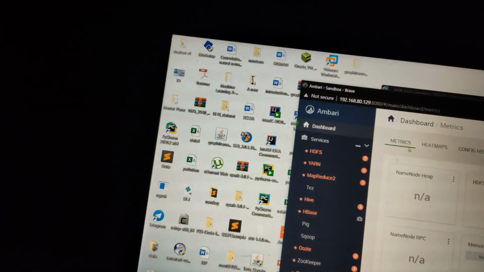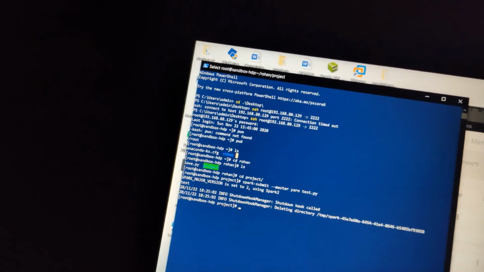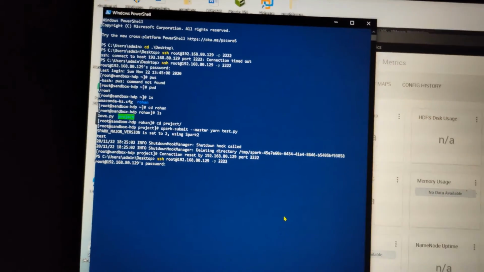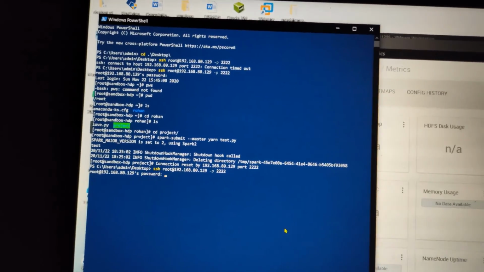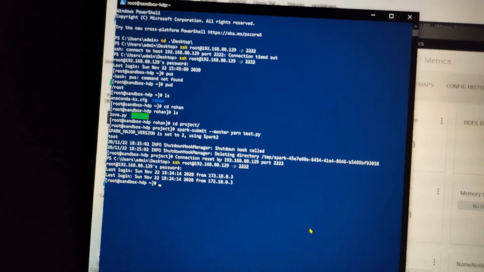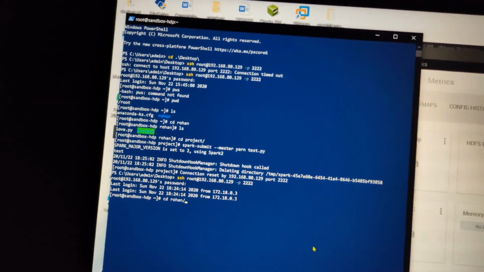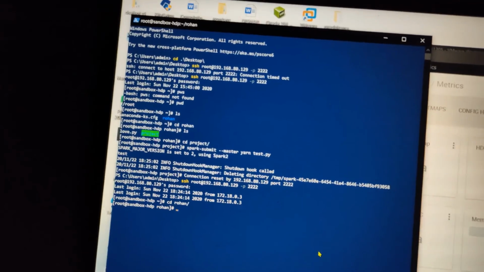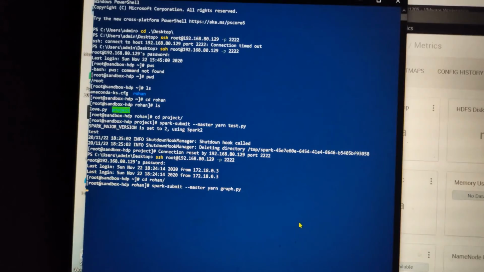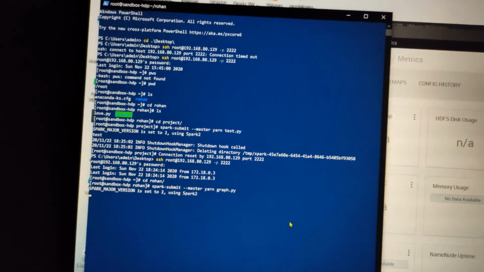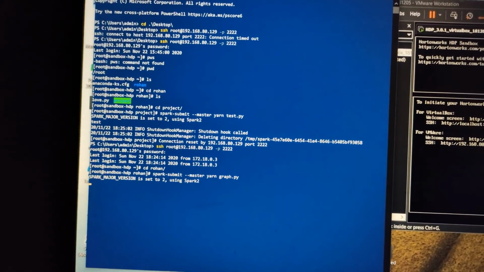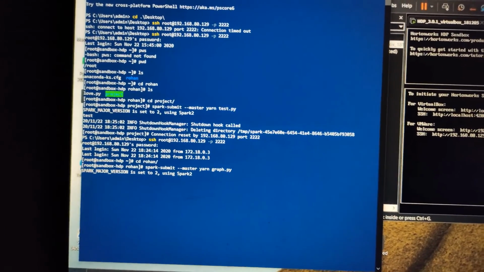Let me do it once again. Yes, here the password. We should get the output.